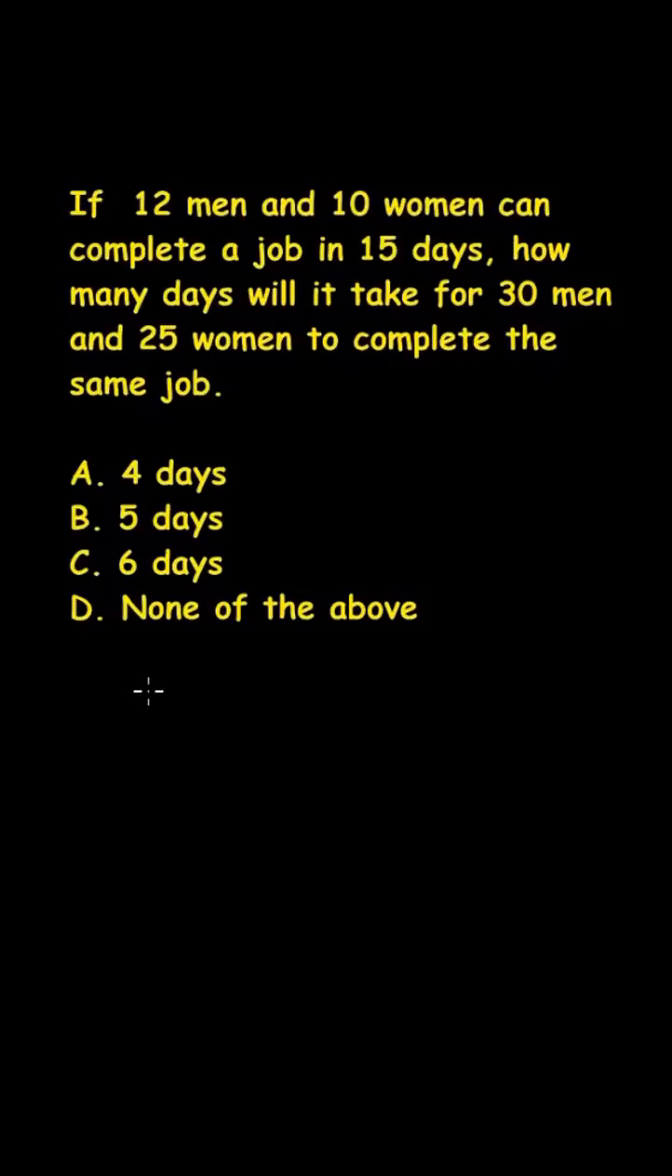So let's solve the problem. The first thing is we need to understand what kind of proportion the problem is actually related to. Is it direct or inverse? For me to know that, we need to understand the relationship between the quantities discussed in the problem. Notice that the problem is actually emphasizing people,